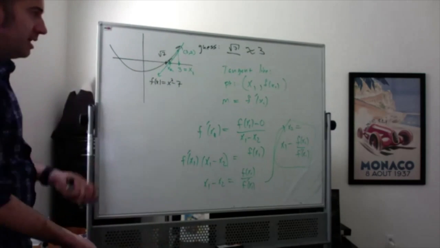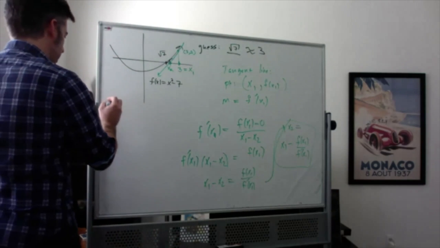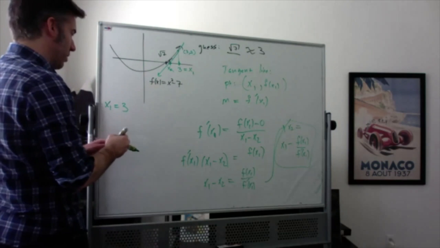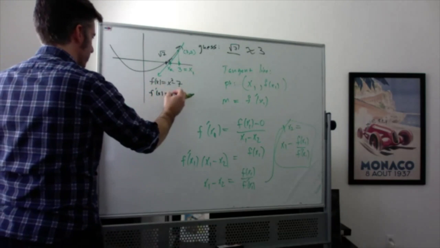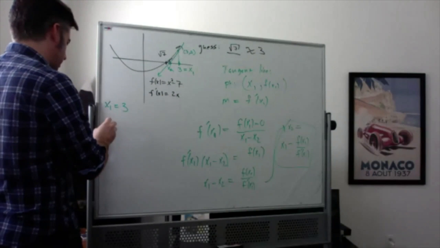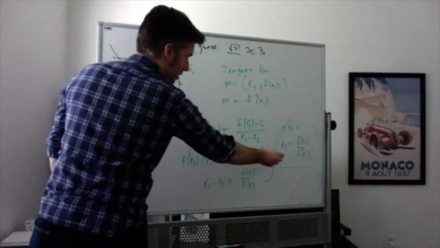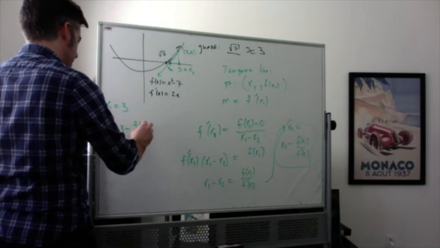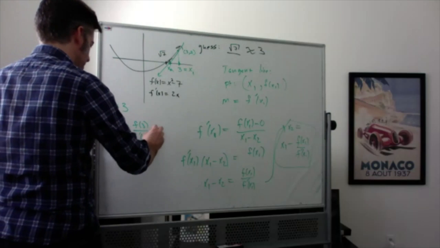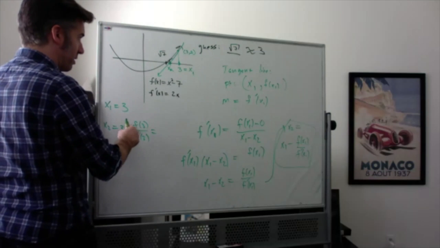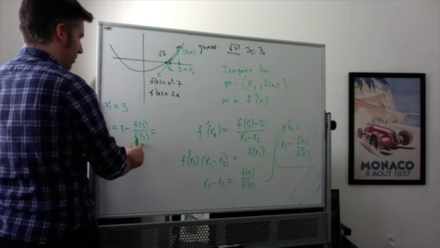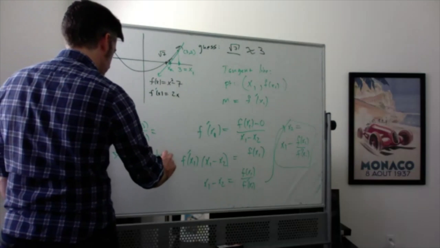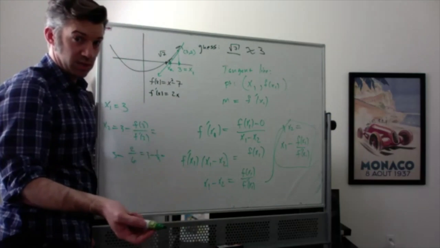So to answer the question here, my x1 is 3. I probably should write down the derivative, right? My f prime of x is 2x. So then my x2 is going to be 3 minus f of x1 over f prime of x1. So it's going to be 3 minus f of 3 over f prime of 3, which is going to be 3 minus, let's see, f of 3 is 9 minus 7, which is 2. F prime of 3 is 2 times 3, which is 6. Which is 3 minus 1/3,